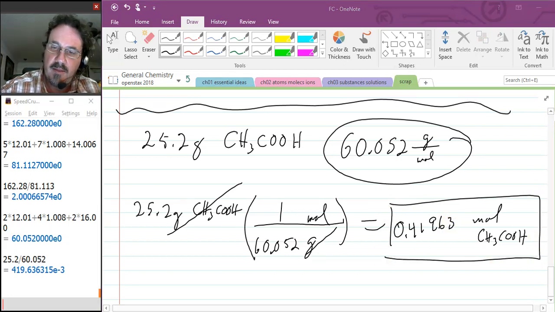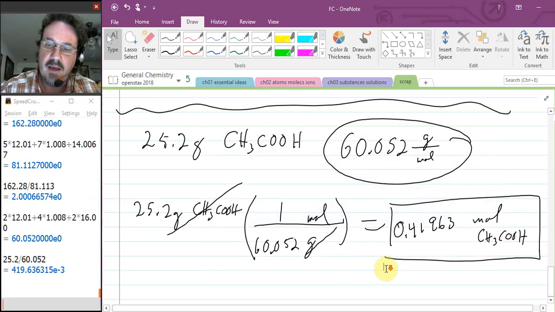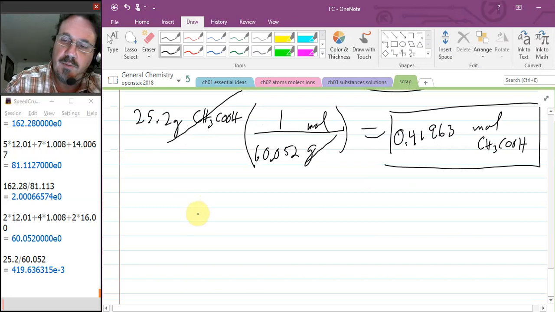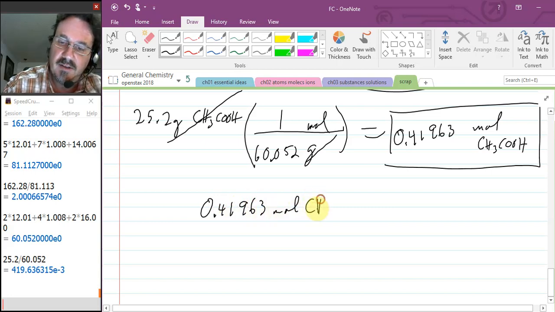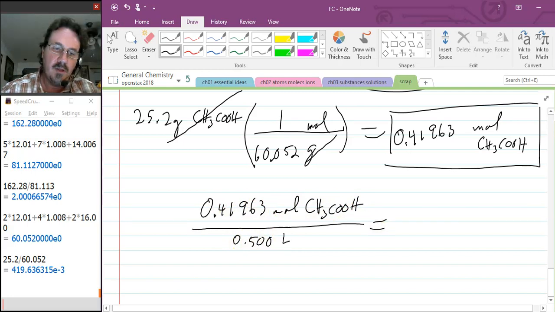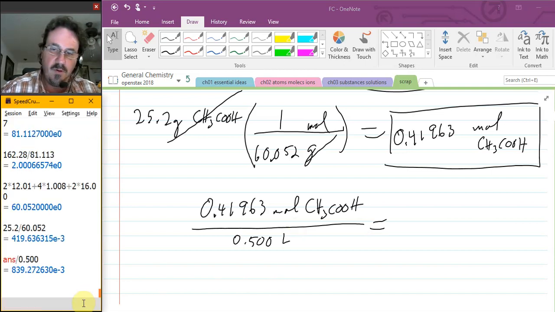And remember, the volume was 0.5 liters total. So if I want the concentration in terms of molarity of acetic acid, the concentration would be 0.41963 moles of acetic acid. Moles is on the top. Volume in liters is on the bottom. The liters is 0.500 liters, they told me. Alright, what does that equal? Go over here. I'm going to take that answer and divide it by 0.500. And so